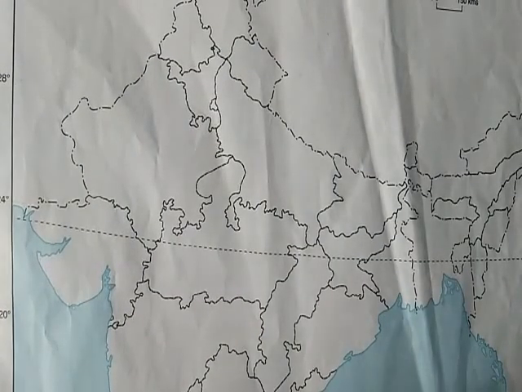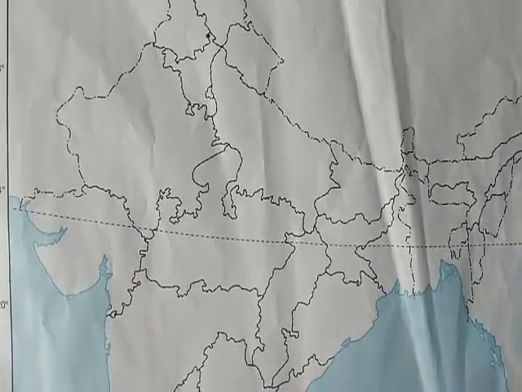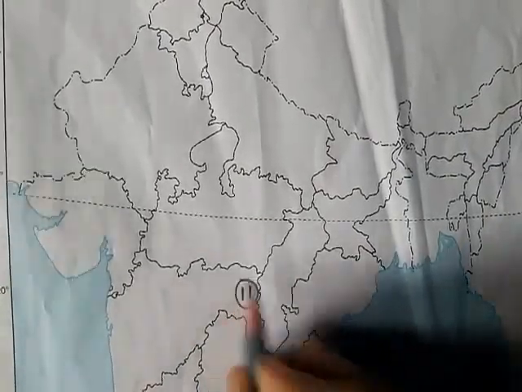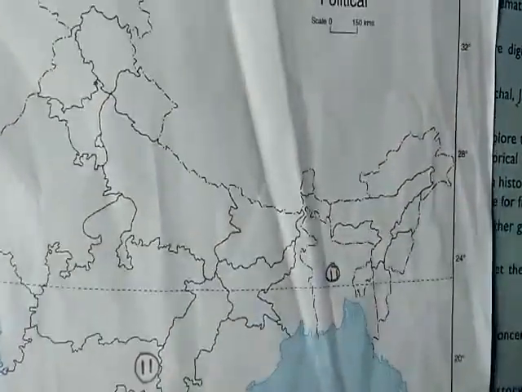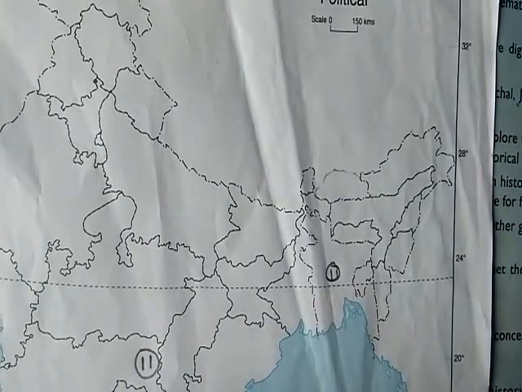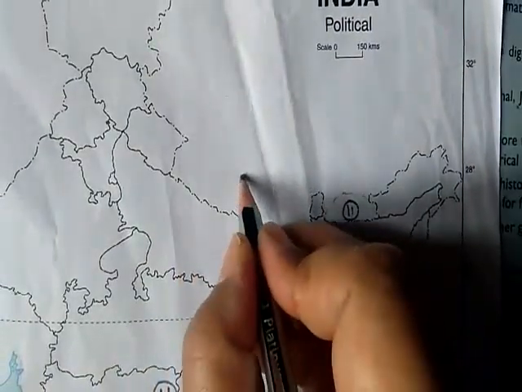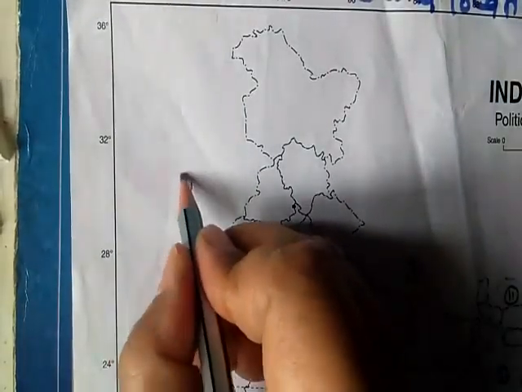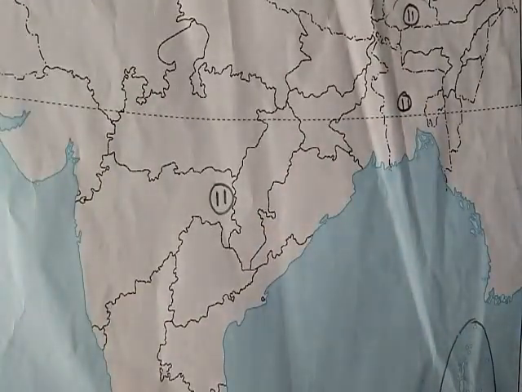Next question, question number 2, the countries constituting Indian subcontinent. First of all I will give the answer number. India, I will give here number 2. Then we have Bangladesh, here I will give number 2. Then we have Bhutan, Nepal, Pakistan, Sri Lanka. And if needed you can color them